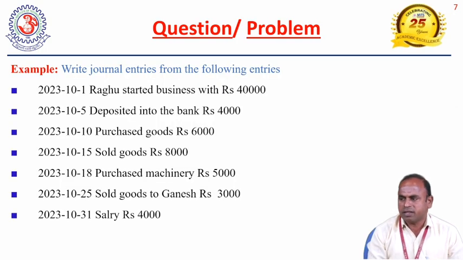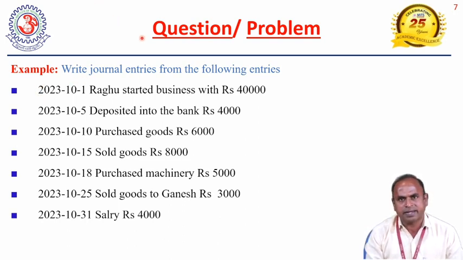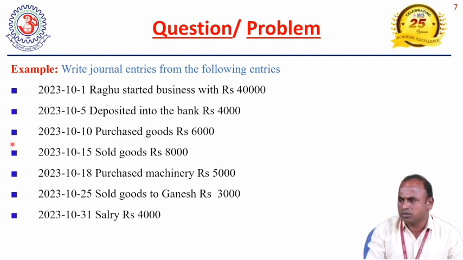Okay, next, the example. How to write the journal entries for a transaction. A transaction requires a minimum of two persons. In between the two persons, the exchange is called a transaction. So in this example, the first one,